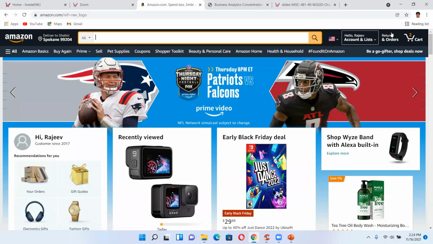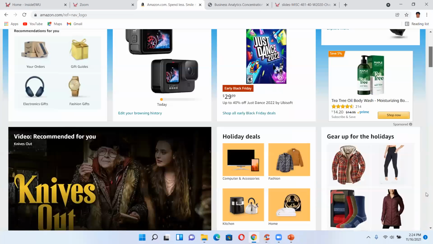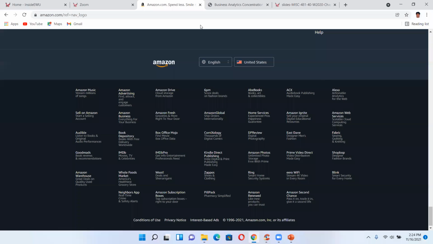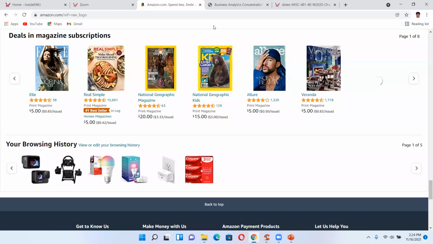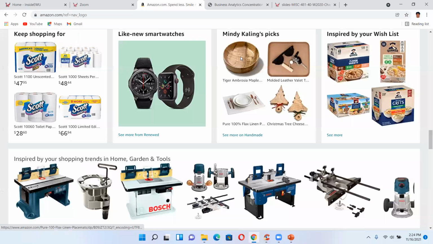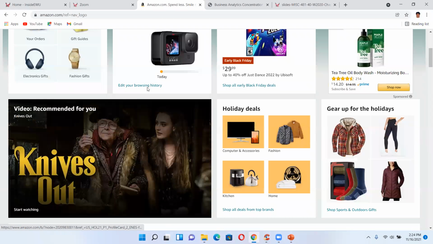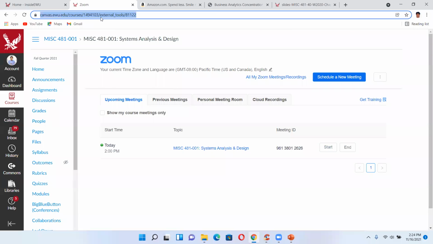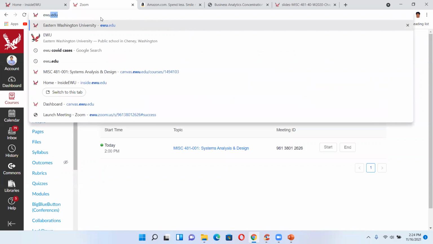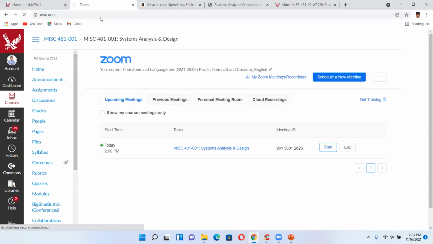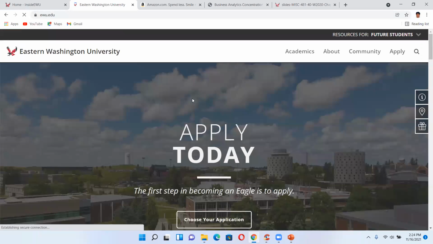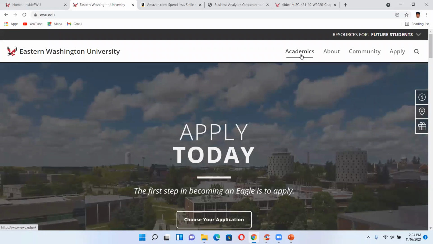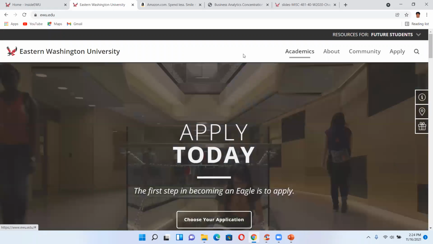So this is a navigation area. You can see on the top, I can get all the things done. When I go at the bottom, this is all about this. And this is the middle area where I can work. If you look at other websites, like ewu.edu, here I can get all the information related to this university.